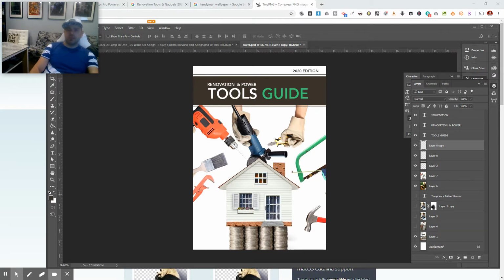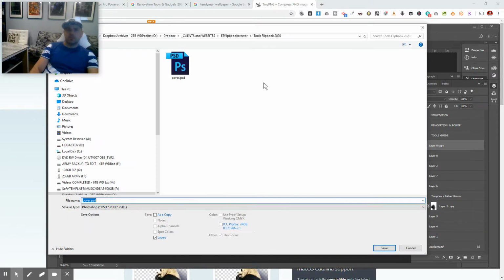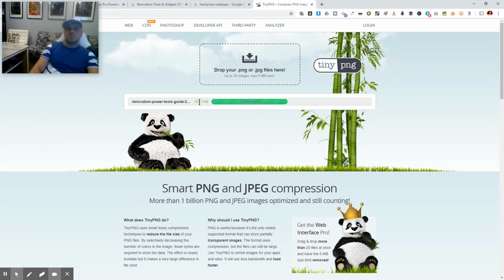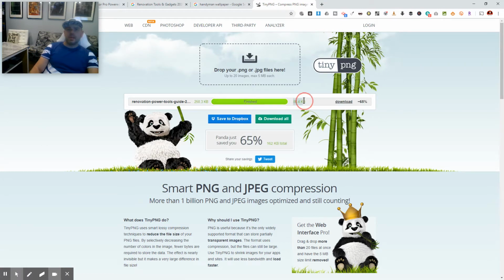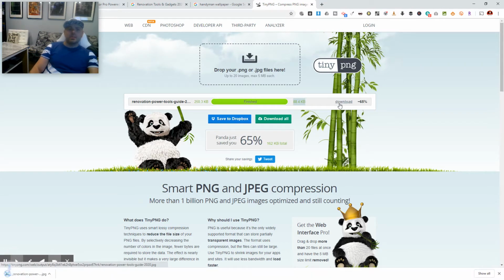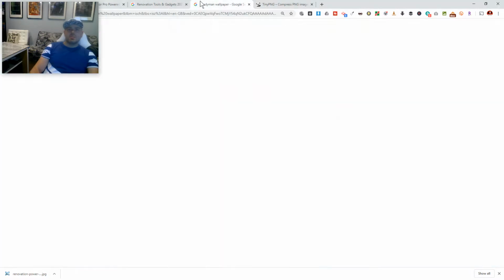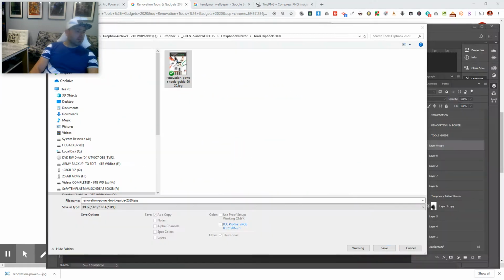So let's drag this. Actually way better even than Photoshop. So right now my file is 250, and look at that, it dragged it down to 88. This is kind of important because when people are loading your pages, you want them to be very optimized, right? Alright, so now we've got our cover,